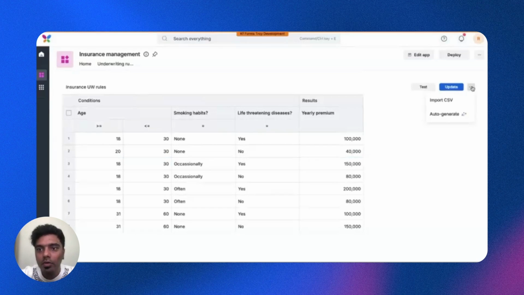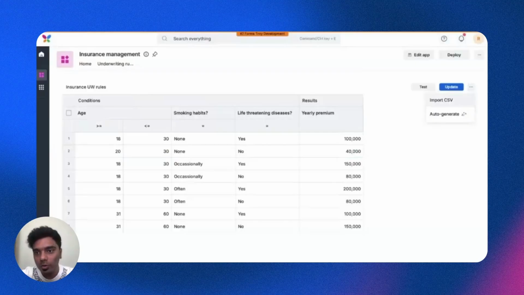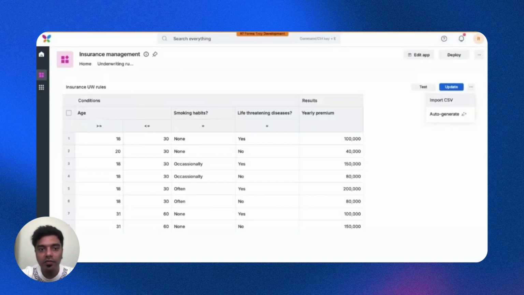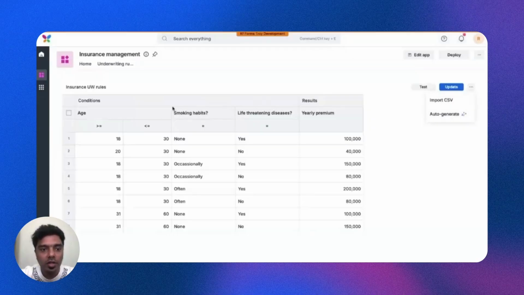And if they want to use the import functionality or auto generate functionality to completely rewrite this decision table, they are allowed to do that as well. But it is also ensuring that wherever this decision table is consumed, it's not going to break that down. So the harmony, or the contract, between the decision table and wherever it is consumed breaks only when the columns of the conditions or results are modified, like something is either added, something is deleted, or something is modified